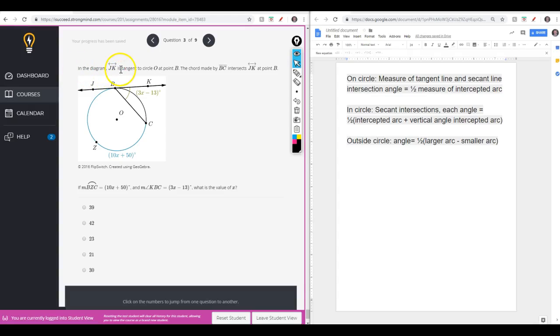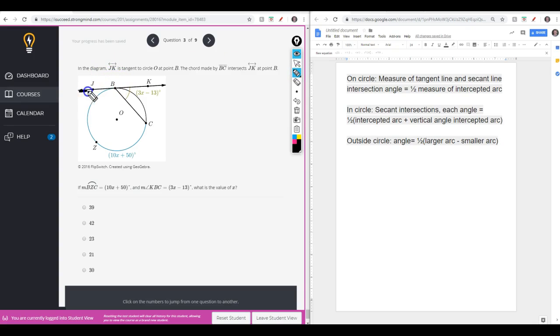In the diagram, line JK is tangent to circle O at point B. The chord made by segment BC intersects line JK at point B. If the measure of arc BZC is equal to 10x plus 50 degrees, and the measure of angle KBC is equal to 3x minus 13 degrees, what is the value of x? Okay, so